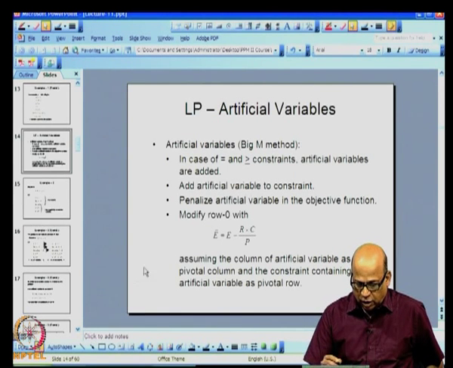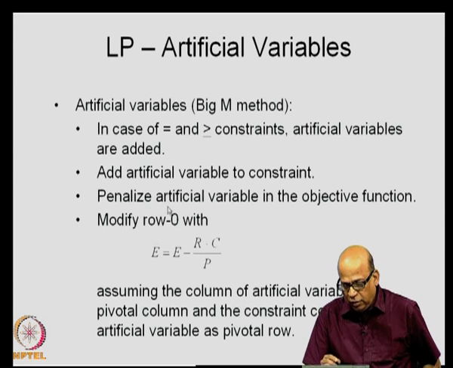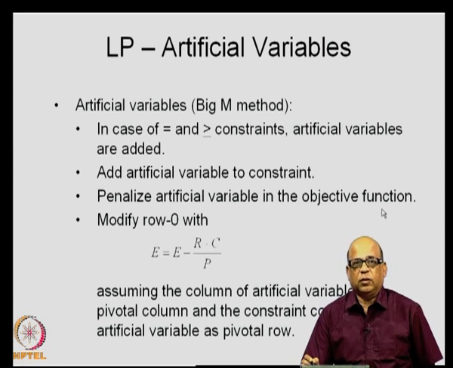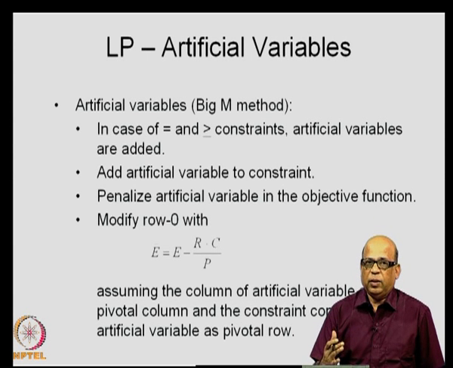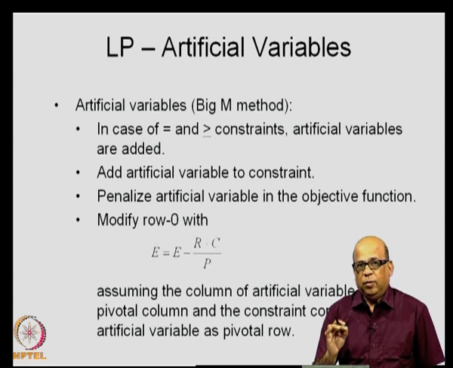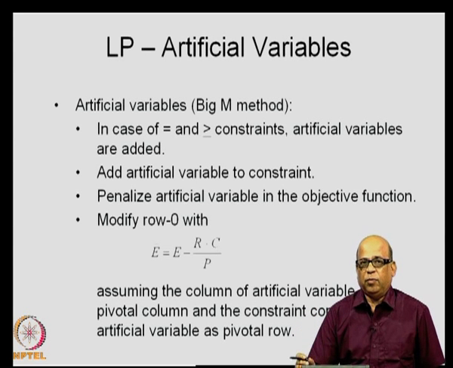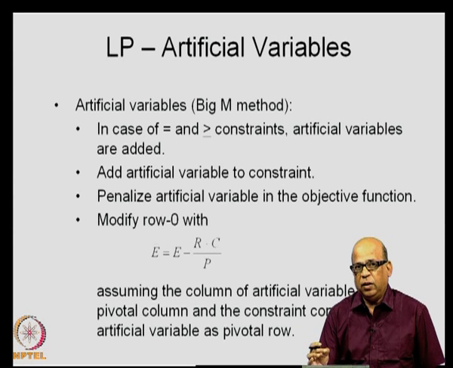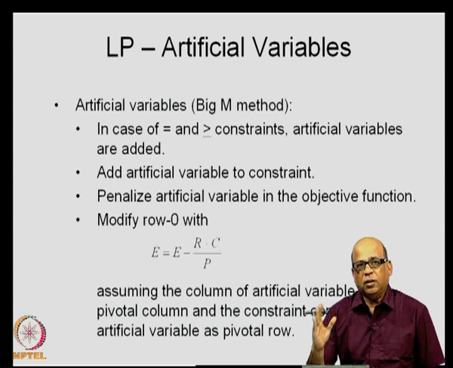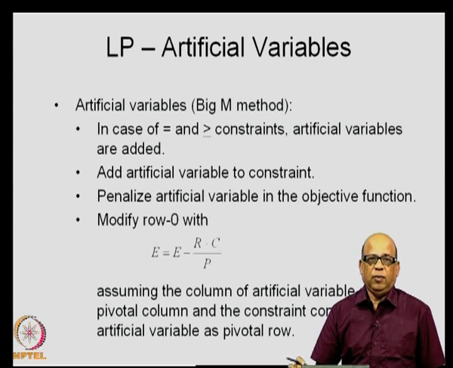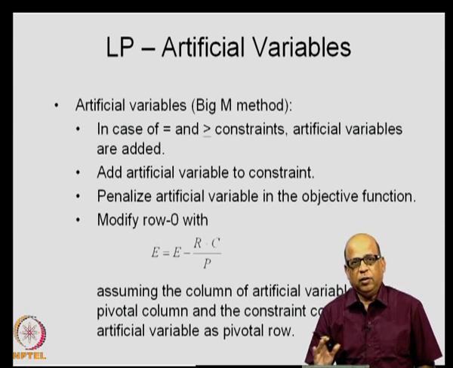So, we add artificial variables to each of the constraints and then penalize the artificial variable in the objective function. By penalizing, I mean that because we are dealing with a maximization problem, you deduct a very high value of the artificial variable, that is minus M into A1. So, even if A1 takes on a very little value, the objective function value is pulled down to a great extent, and therefore there is no incentive to put any value to the artificial variable in the iterations.